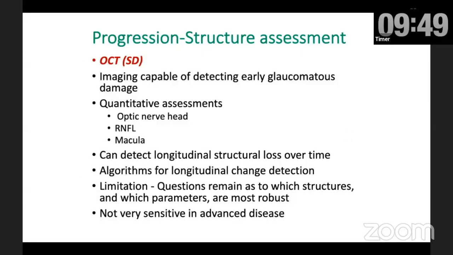But coming to the structure evaluation now, I think most of us are relying more and more on OCT. The spectral domain OCTs are becoming a way of life for our retina colleagues, and we are lucky enough to use it in glaucoma practice. And it allows us to do quantitative assessment, not just of the retinal nerve fiber layer, but the optic nerve head, along with the neuroretinal rim, the cup volume, and the macular area where we can see the GCC. You can also detect change over time, and there are algorithms to detect change.